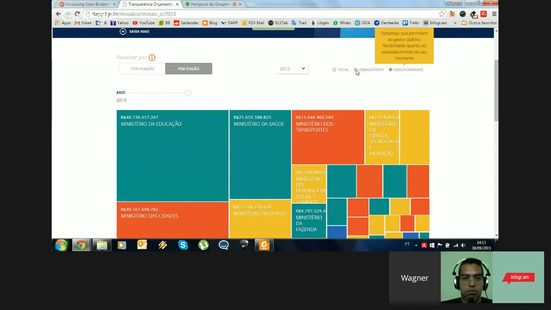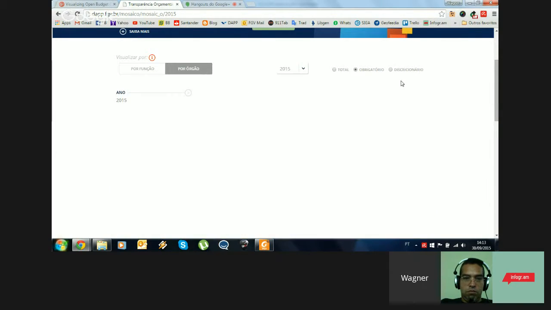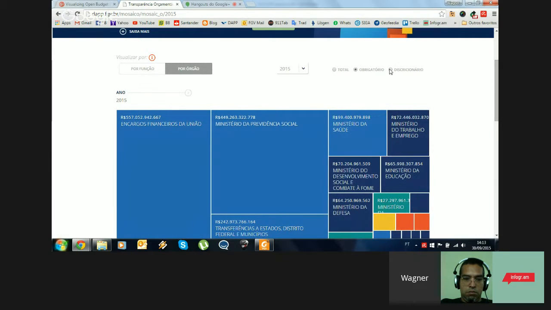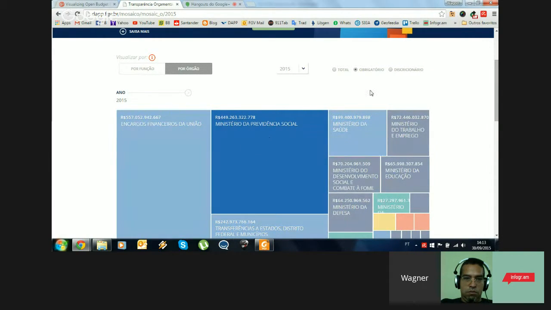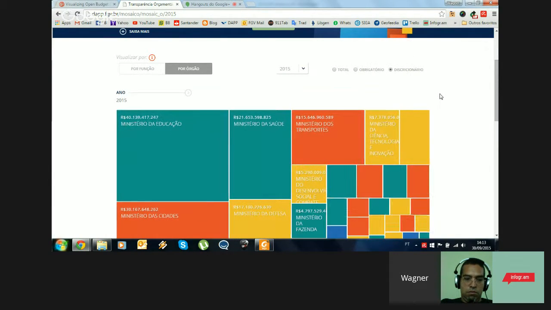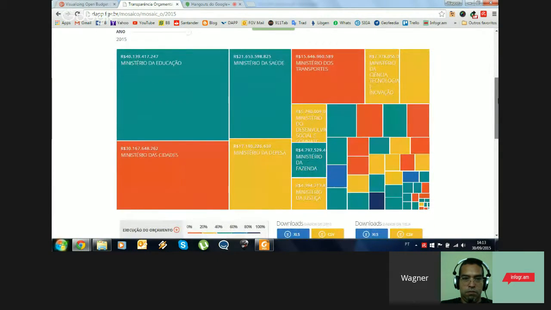As you can see in the first one, we have this big box here. This box is the spending in paying benefits, for example, for older people, and retiring. This big box is this kind of spending. When I put it on the spending that the government really can cut, I do not have it anymore. I do not have this kind of spending here, because this is exactly the kind of spending that the government can't cut.